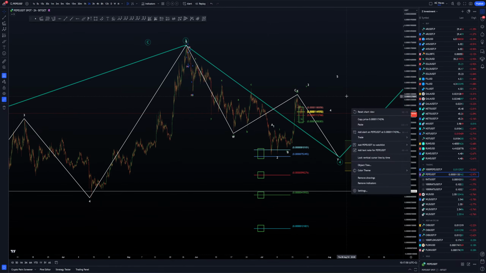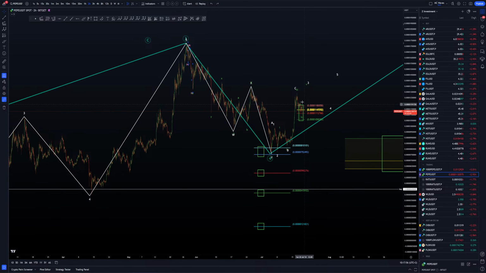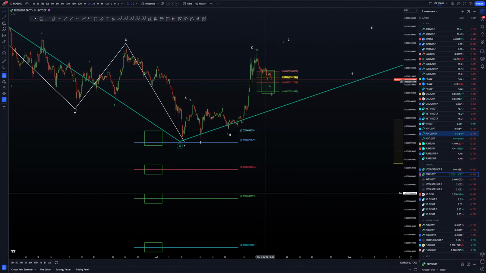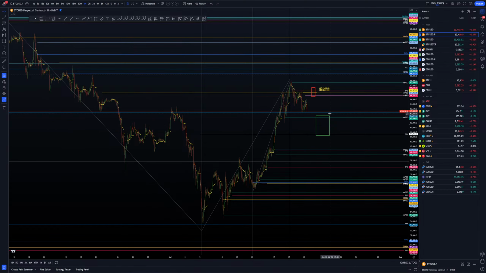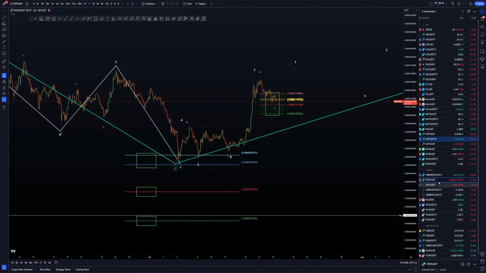Don't want to scare you or whatever. It's just so you're ready and prepared in case we have to go lower, and you know exactly what to take. But there is a possible long trade setup into this target here. Just wait for Bitcoin to be ready for a bounce. When Bitcoin is ready, you know what to do. So there is PEPE, and otherwise